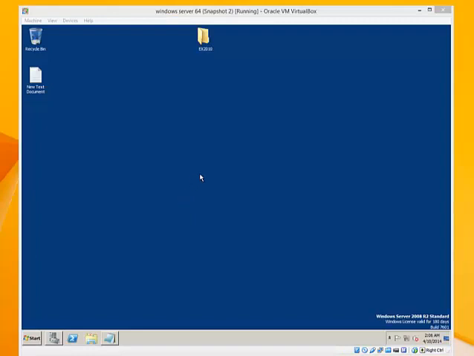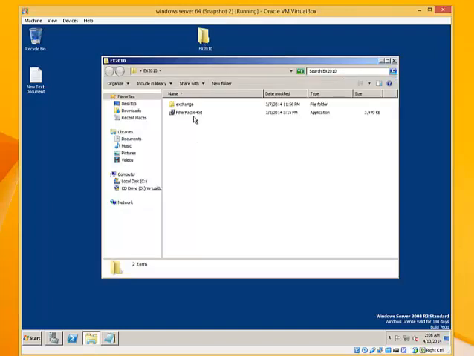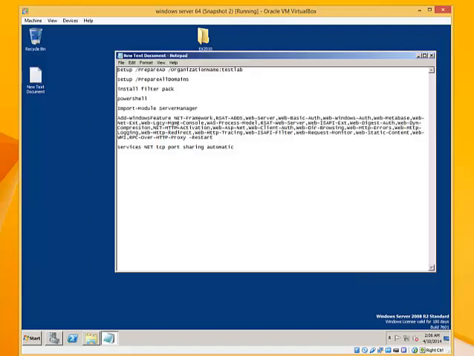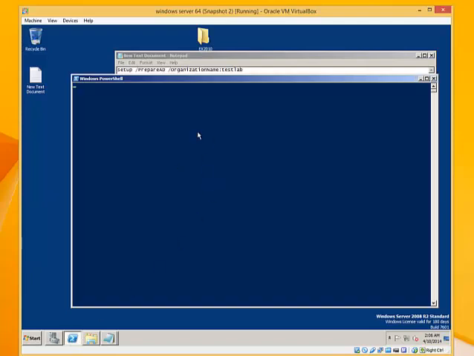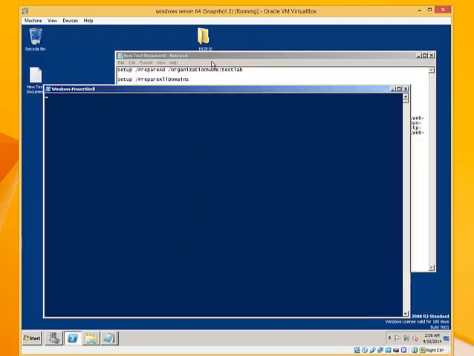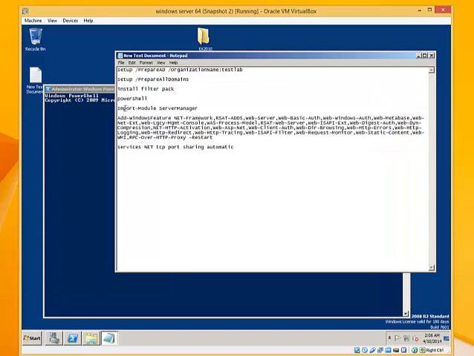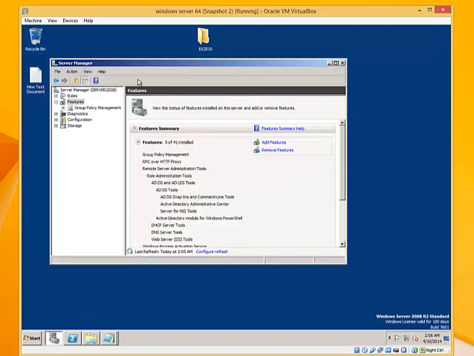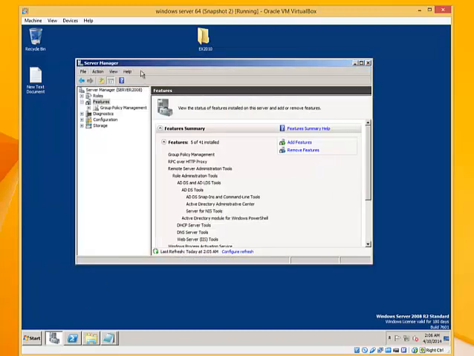I'm going to give you a brief explanation of what we did. What we did first was install the filter pack. After the filter pack, we ran a couple of commands. We used PowerShell, and then we elevated, we used Import-Module ServerManager, and then we added these lines which install all the Windows features. What we actually did was go into Server Manager, so we installed the applet under PowerShell,